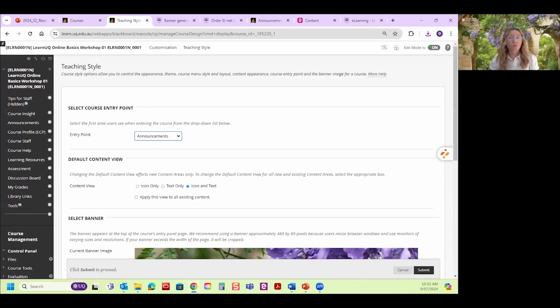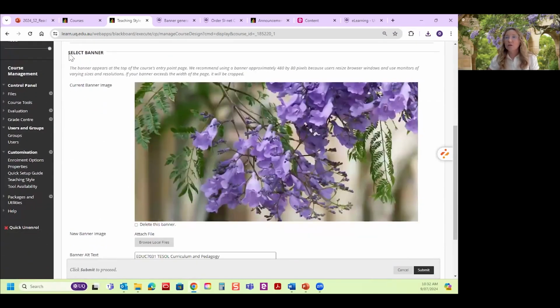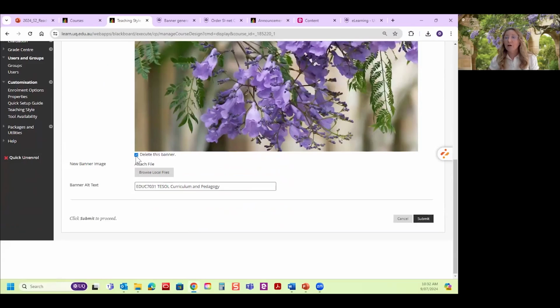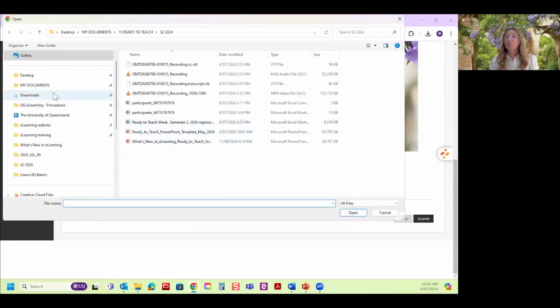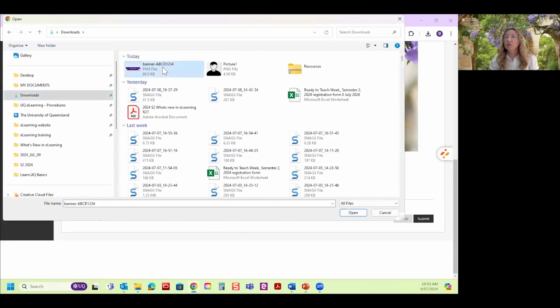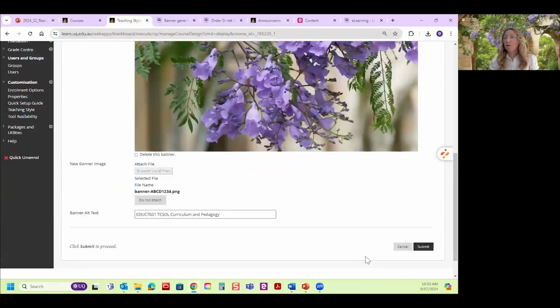I hope you're all following me. All right, so now all we're interested in is selecting the banner. You can either click here to delete the banner, or simply click browse local files, pull in the file that you just saved for the banner, open, and click